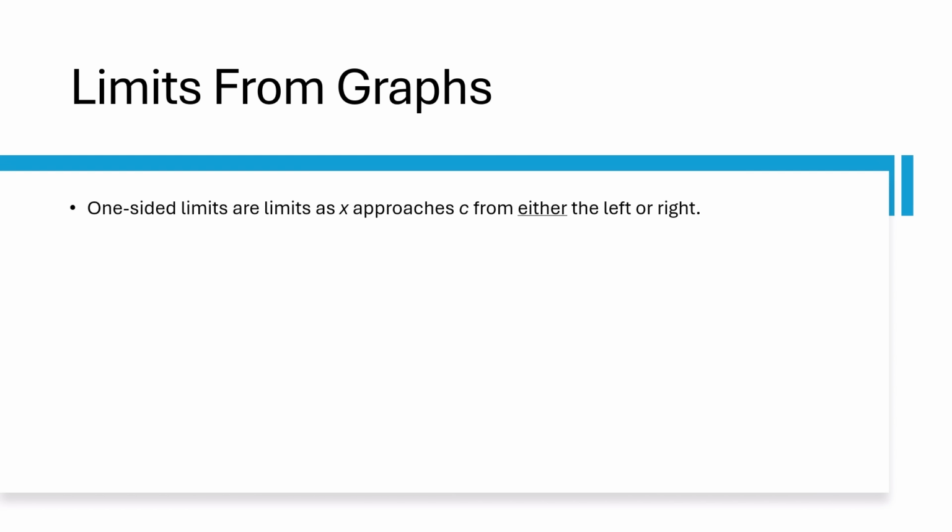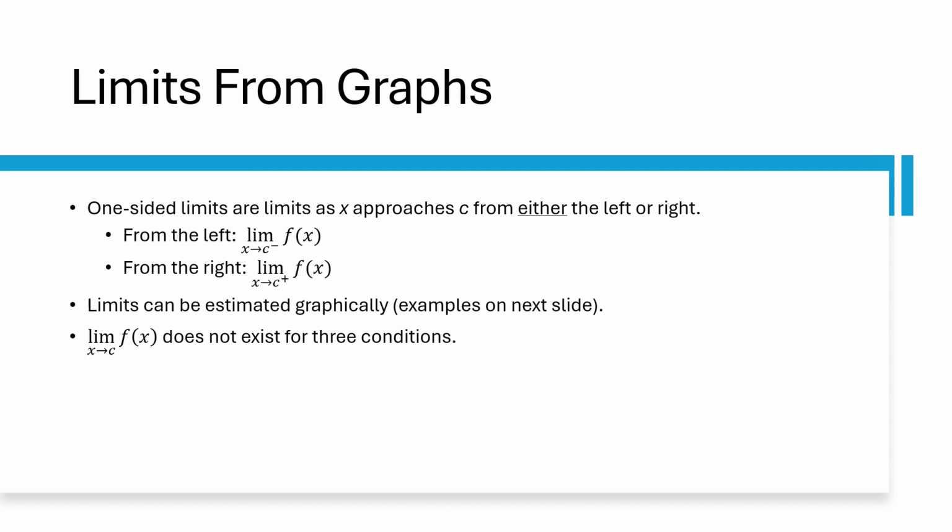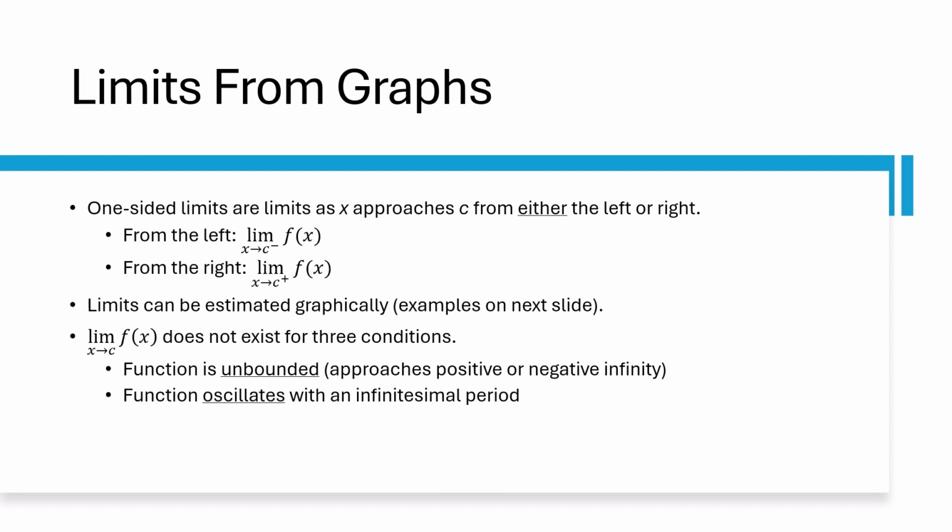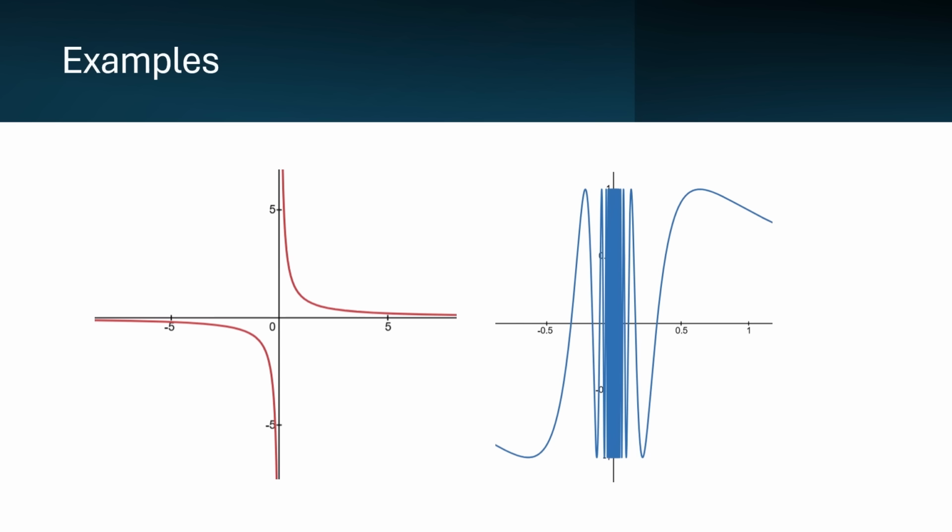To find limits using graphs, observe what y-value the function approaches as x approaches a given point from both sides. If both sides match, the limit exists and equals that value. If they don't match, or oscillate, or approach infinity, the limit does not exist. Here we see an example of a function with the limit not existing at x equals 0, because y equals 1 over x is unbounded. On the right, we see a function that oscillates infinitely as x approaches 0, meaning the limit also does not